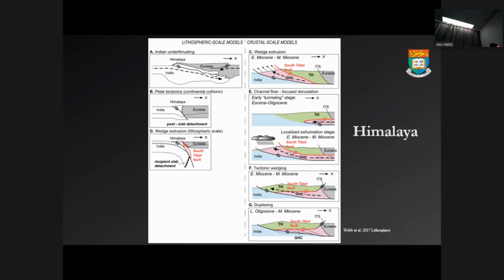And working on this for my PhD, and I'll show you some of that, we later realized this kinematics doesn't quite work. We need to shave off pieces of the downgoing India and just accrete them slice by slice by slice. Standard duplex fold-thrust belt development. And then we can build the high-grade crystalline rocks that way and still have this as a back thrust. So this is where everybody was in 2015.